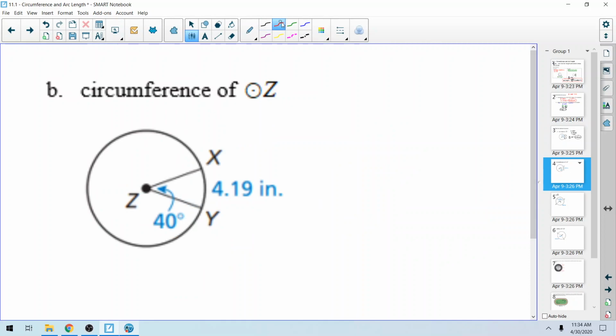Okay, now we're going to make it harder. So now they are telling you that the arc length from X to Y is 4.19 inches, and they want you to find the circumference of the entire circle. Okay, so we're going to do this in two different ways, and you get to pick your favorite one. So, method one, we're going to use the formula. The formula says that arc length equals the measure of the arc out of 360,